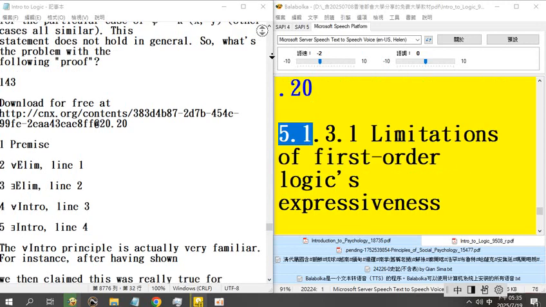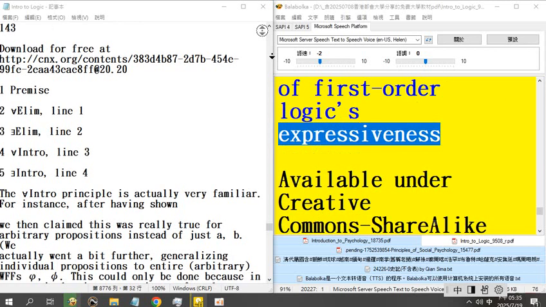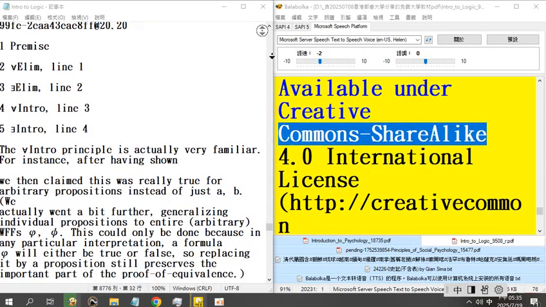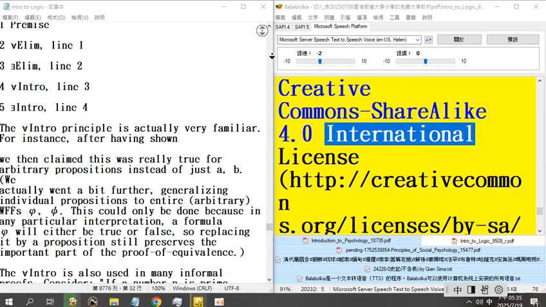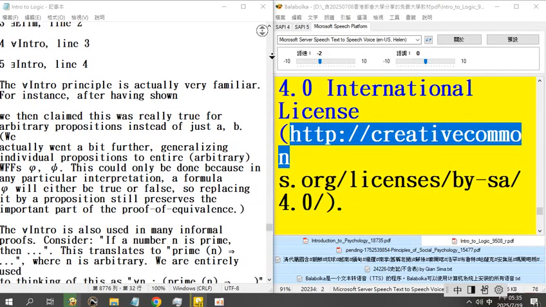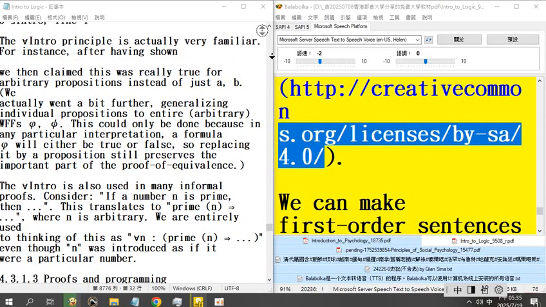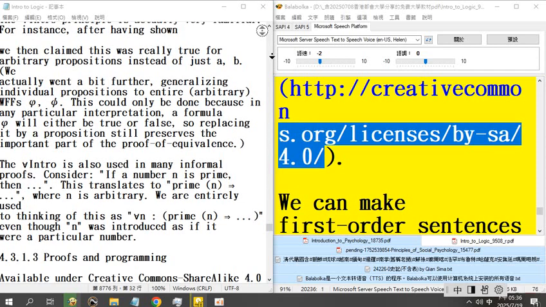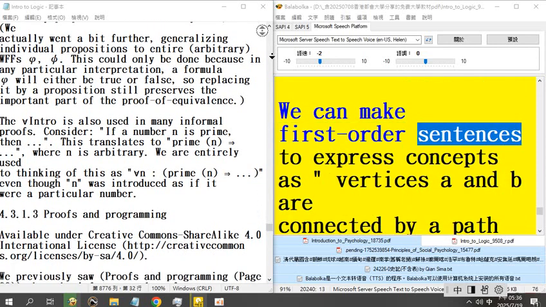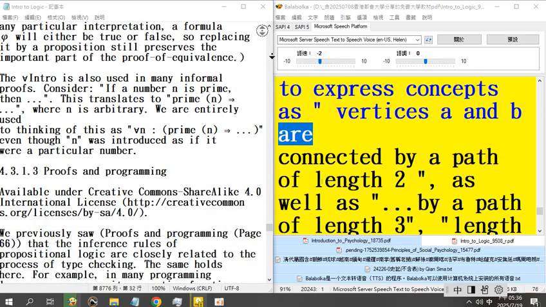5.1.3.1 Limitations of first-order logic's expressiveness. We can make first-order sentences to express concepts such as "vertices A and B are connected by a path of length 2,"